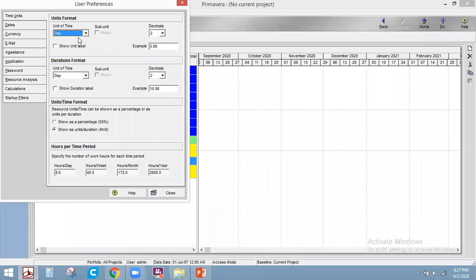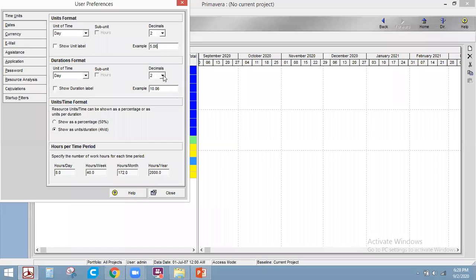See, coming to the duration format, here also the same thing I discussed earlier in the units format. Here also we'll go for day. Coming to the decimal part, we'll have 0 decimals also. For getting exact fractions, we go for 2 decimals. If a fraction is in terms of 30 minutes or 40 minutes, then it will be available in the project schedule, so that it is visible. For that, we'll go for regular 2 decimals in project management. Got it?